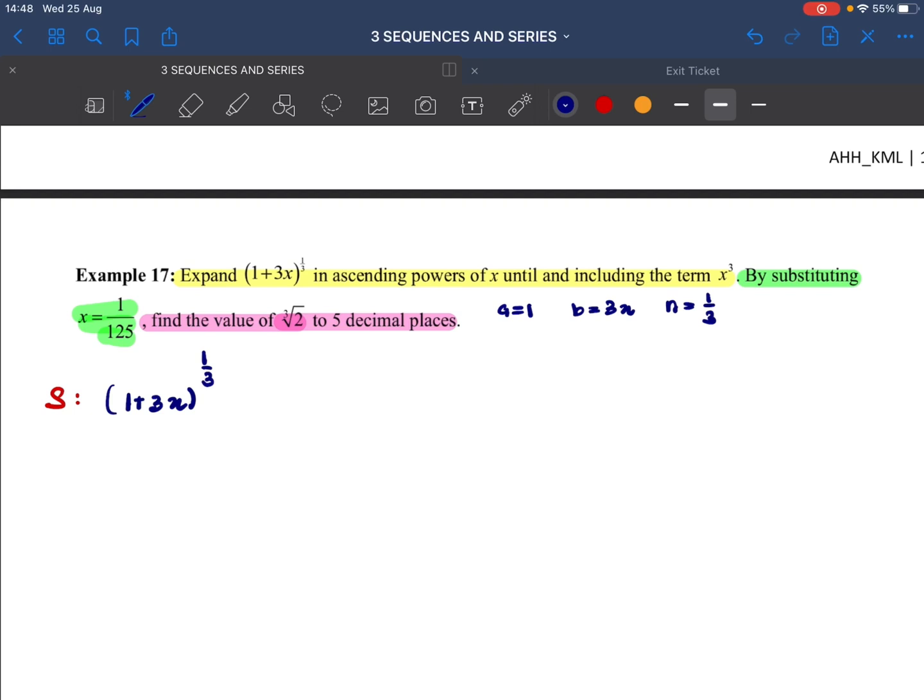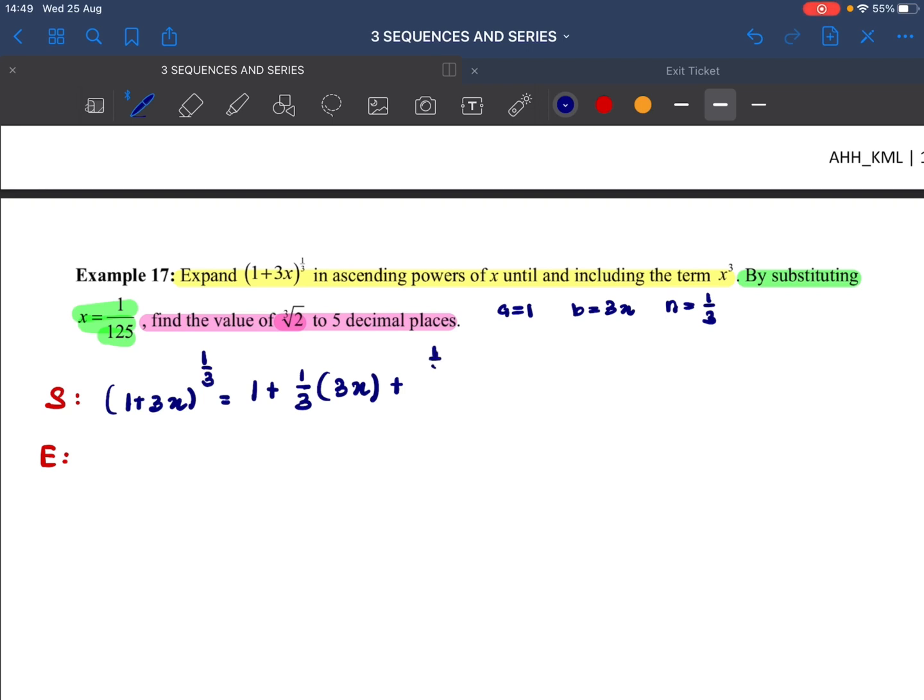So now we are going to the second step. Okay, saya tulis kat sini terus lah, which is expansion. So we are going to expand by using the formula. Formula dia apa? 1 plus nB plus n(n minus 1) over 2 factorial dan seterusnya. So now we are going to expand until x cube. So we have 1 plus nB